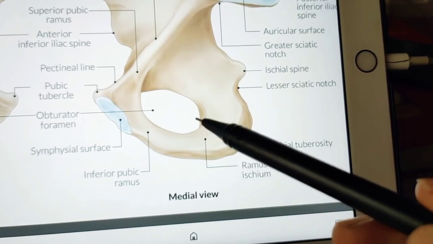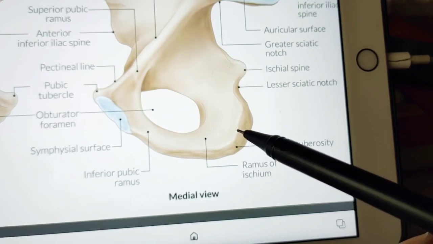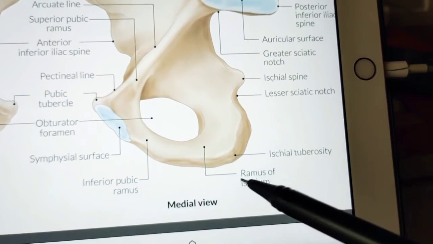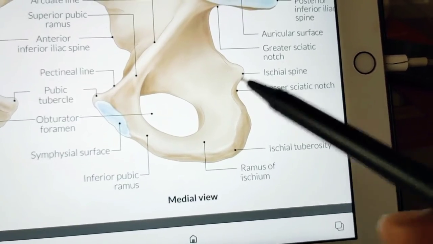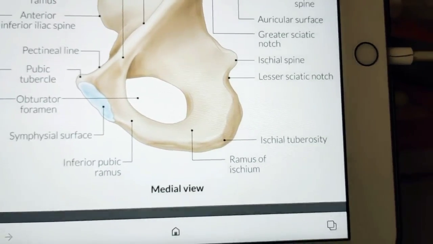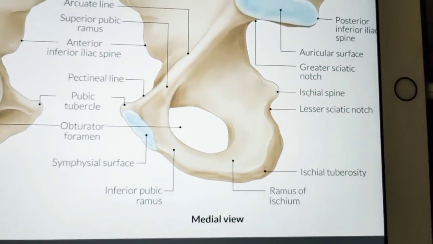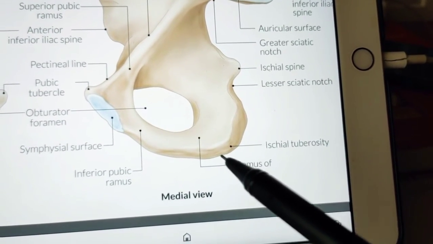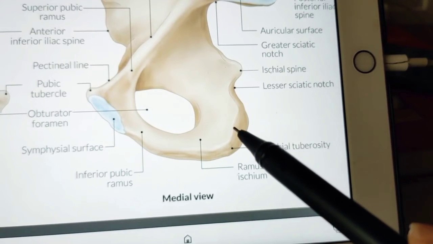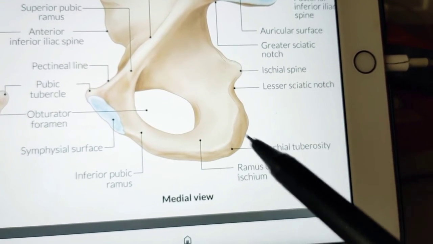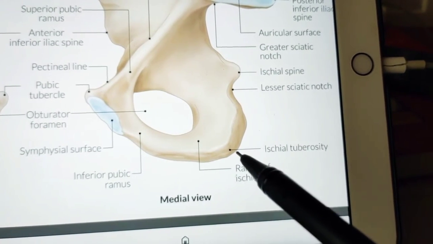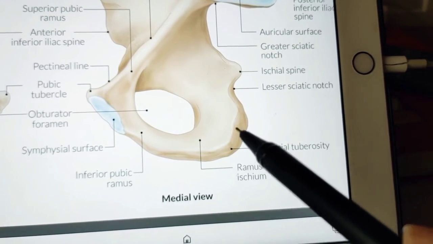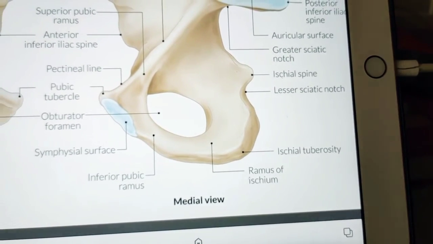So see, this is the anterior border, this is the posterior border. You can see the posterior border is continuous with the ilium, and this is the lateral border. Actually this is not a 3D structure, so it's hard to show, even though I am trying to. If you see the real bone, then you can understand it better. So this would be the lateral border, this would be the posterior border, this would be the anterior border. What they are saying is the lateral border is continuous with the lateral border of the ischial tuberosity, because this is on the lateral border only, okay?